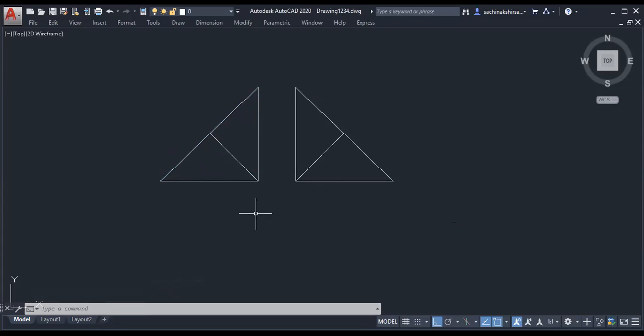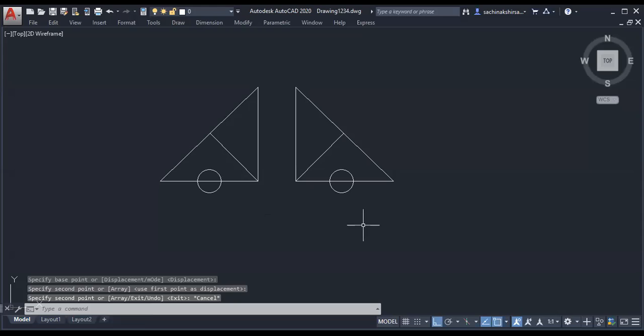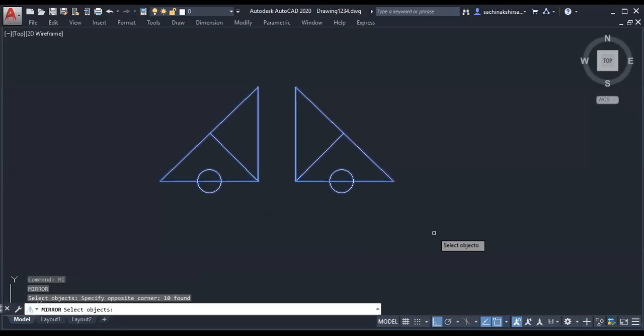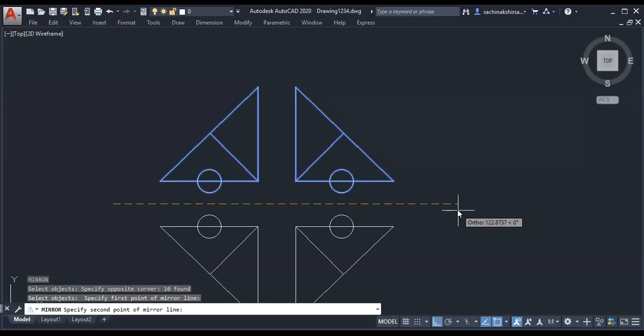Here I will add something. I have added 2 circles, to remember how the mirror image comes. Now I will take the mirror of both. MI, enter, the shortcut, select object, enter, then mirror line, something like this.